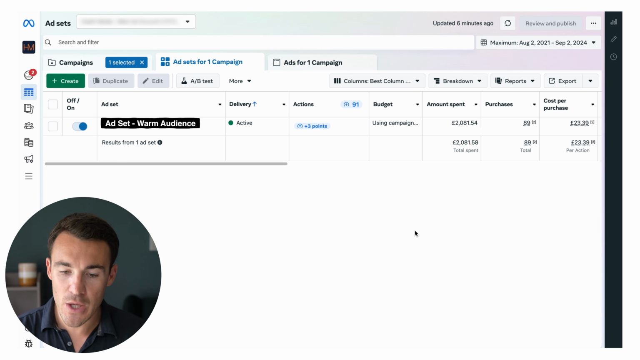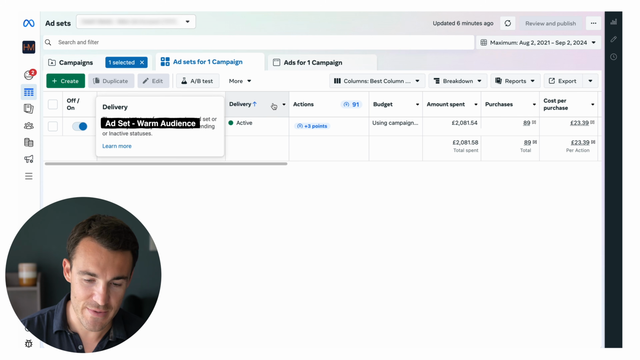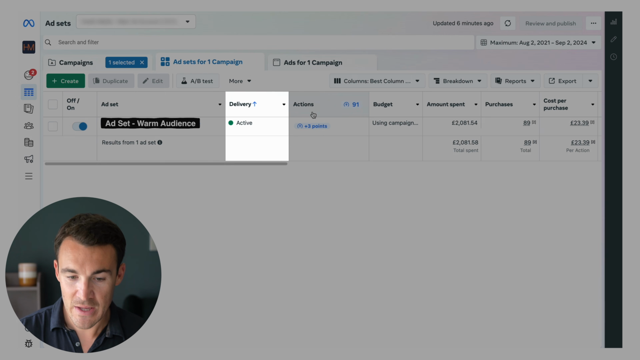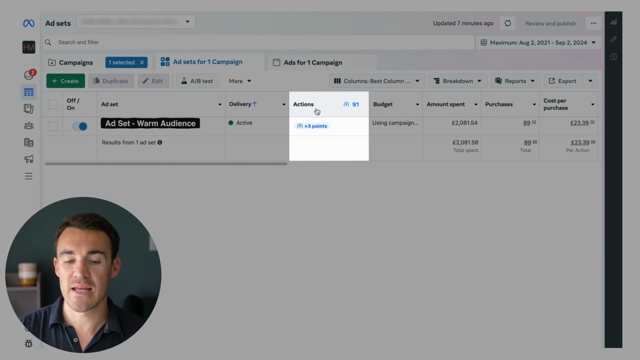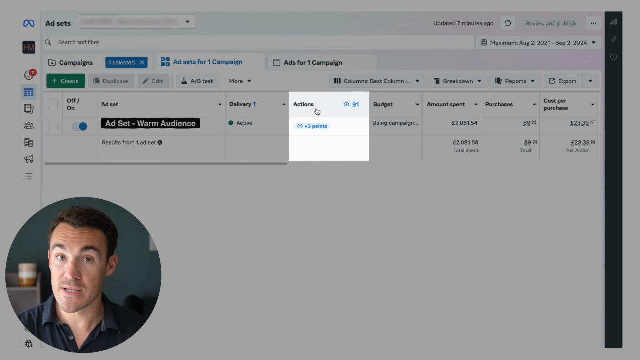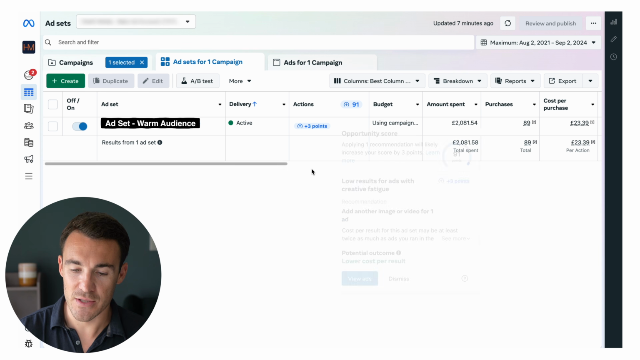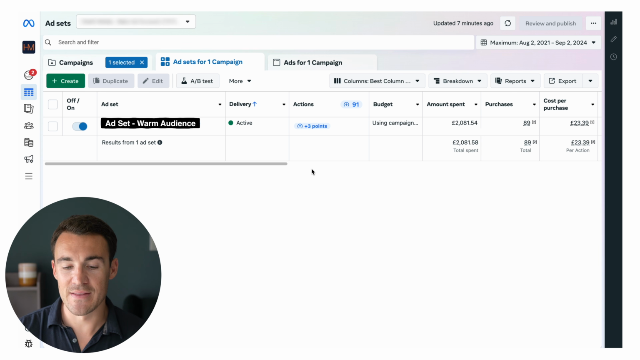Okay, so let me start by going through the columns that we actually take a look at. And we've got a customized column preset here to have all the data that we like to look at when we're going through and actively managing campaigns. Okay, so first column, obviously other than the name itself of the campaign, the ad set or ad, we've got delivery. And then we've got actions. Actions is sort of a shortcut within the column section referring to the new opportunity score feature. So it's showing here that there are 3+ available points that we could optimize within this ad set to get